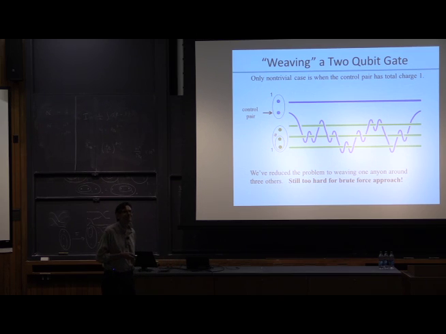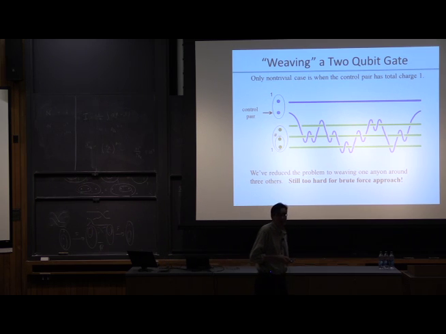Yes? But do you really need a controlled arbitrary rotation? Isn't it enough to just have controlled NOT? It's enough to just have controlled NOT. In fact, it's enough to have controlled anything. And you don't need to search for it in the 87-dimensional space, right? True. Well, you need to search for it once. True. But